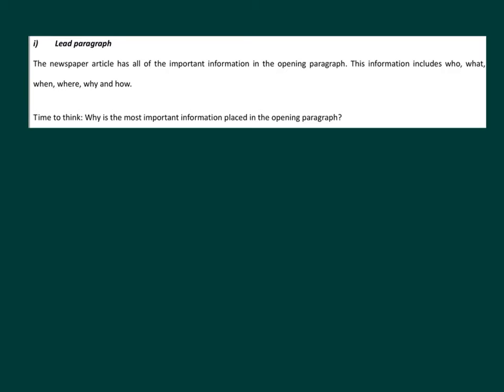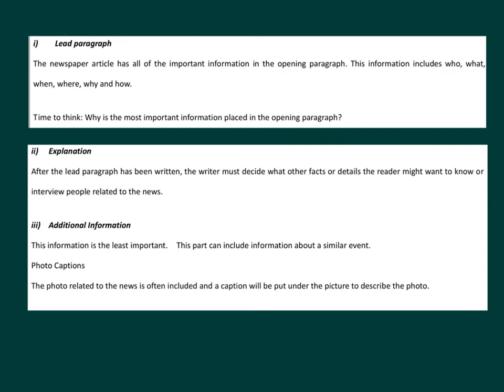Why is the most important information placed in the opening paragraph? 因為人係比較係冇咁耐性嘅，佢只係望到頭嗰一段，如果你唔吸引到佢個眼神呢，佢就唔會再繼續讀落去㗎啦。所以最重要嘅嘢呢，就應該係放喺最初嗰一段嗰度。Number 2. Explanation. After the lead paragraph has been written, the writer must decide what other facts or details the